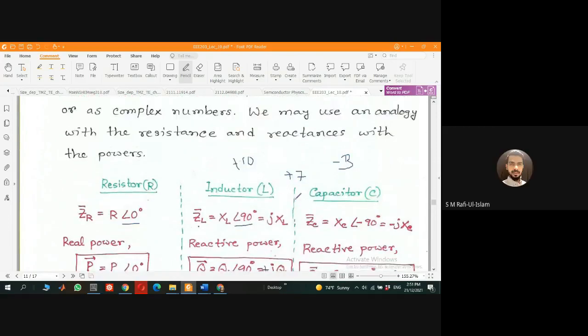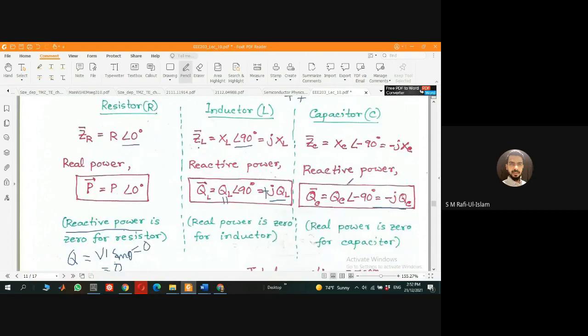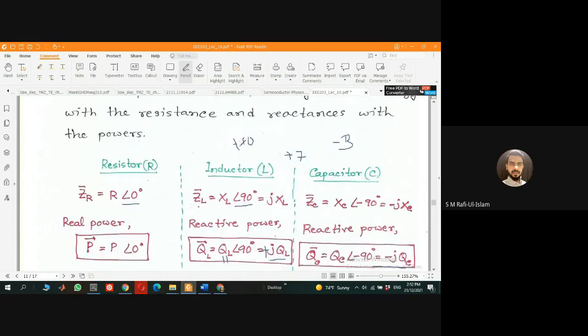What I'm trying to say is, if the reactive power is positive, then the whole thing will behave as an inductive circuit. In the opposite case, if the reactive power is negative, then the whole circuit will behave as a capacitive circuit. So here, since this is plus 10 and this is negative 3,